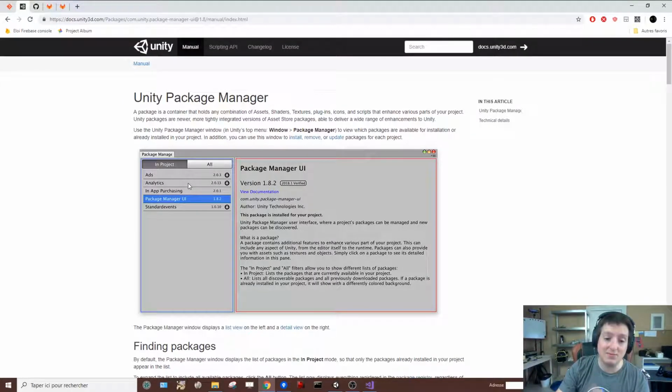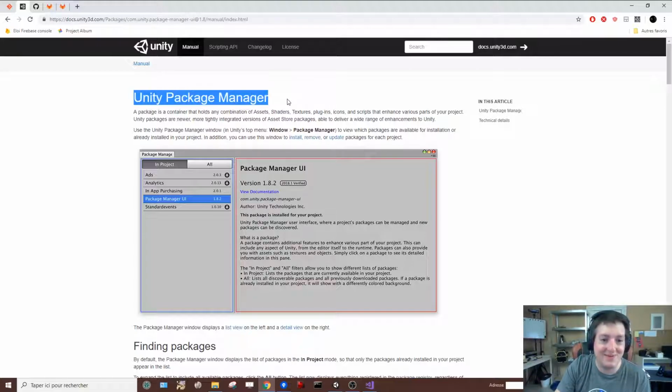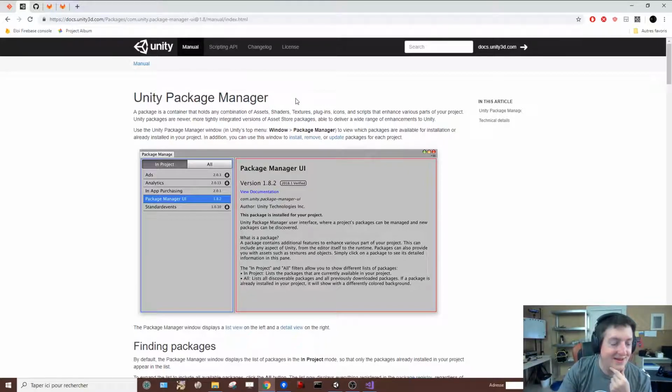They are using that more and more, and they will use it more and more in the coming years. There is almost no documentation on it, so bad luck for you. This video is the only video you will be able to use to understand what the Unity package manager is, or you will have to dig in forums and on the web. So the Unity package manager is amazing, but there is a very big weak point for me,